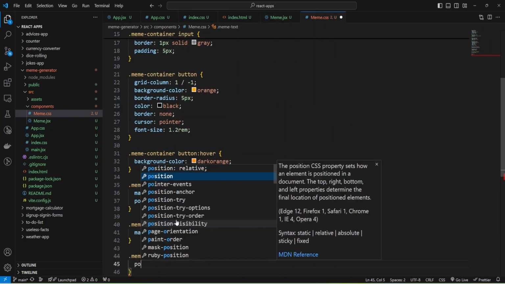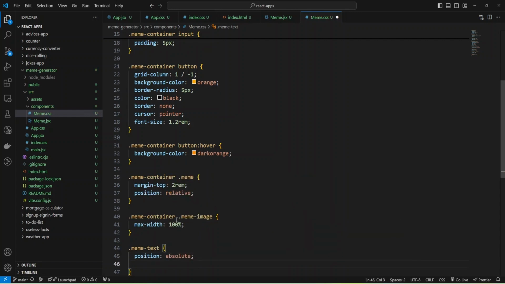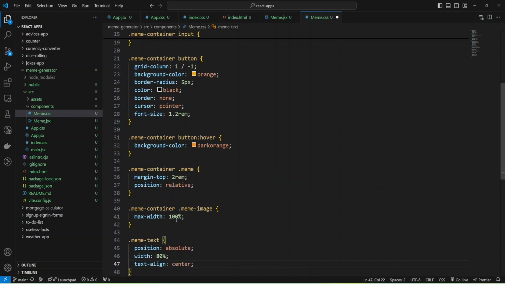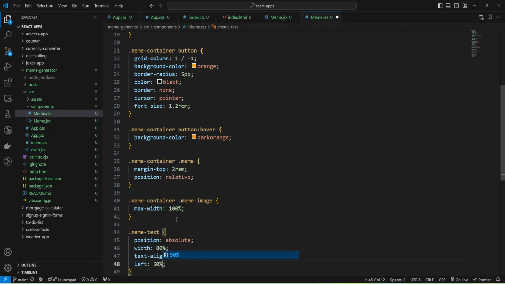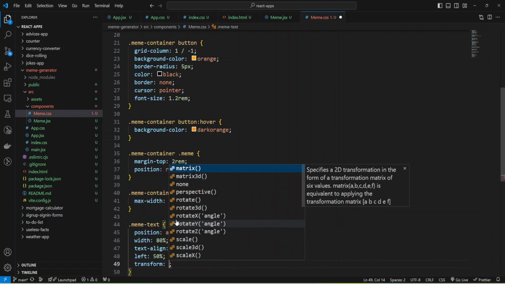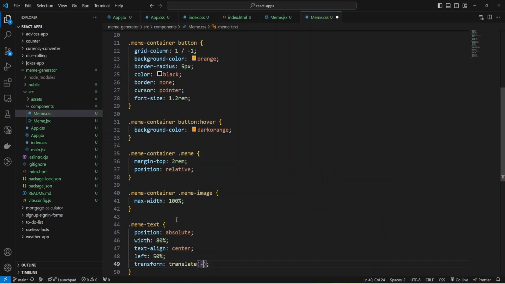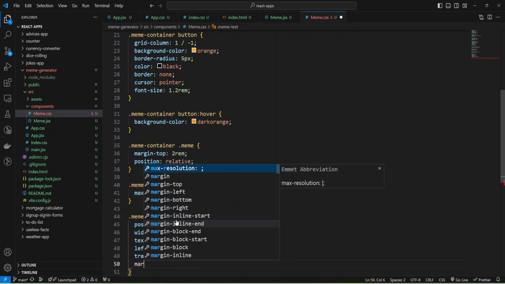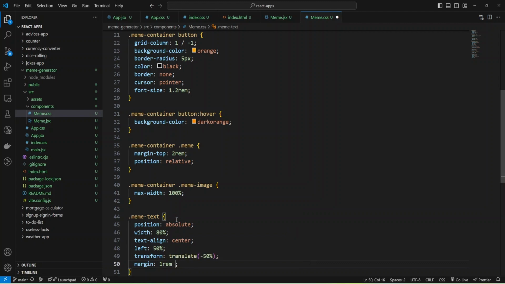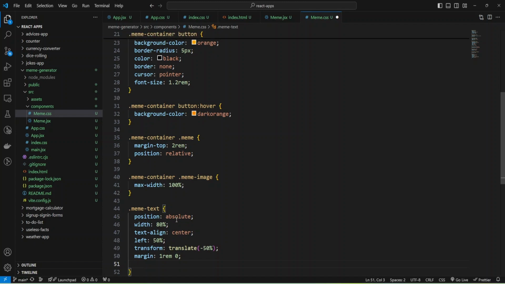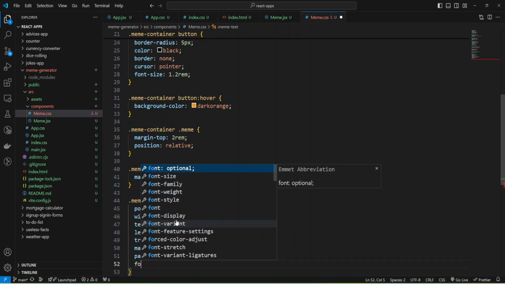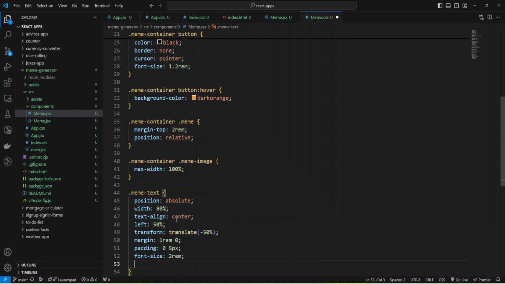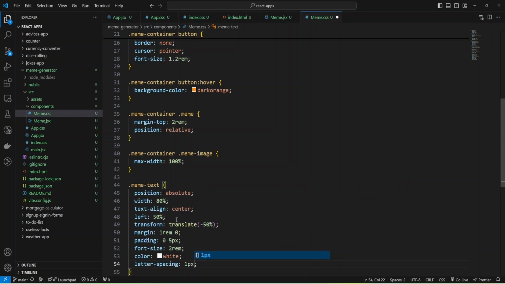And I'm going to add position absolute and add width 80%, make text align center, and add left 50%, and apply transform, and use translate function minus 50%, and also I can add some margin 1rem for top bottom and 0 for left right, and add some small padding for left right, and also we can increase font size, make it 2rem, and make color white, and also we can add letter spacing 1 pixel.